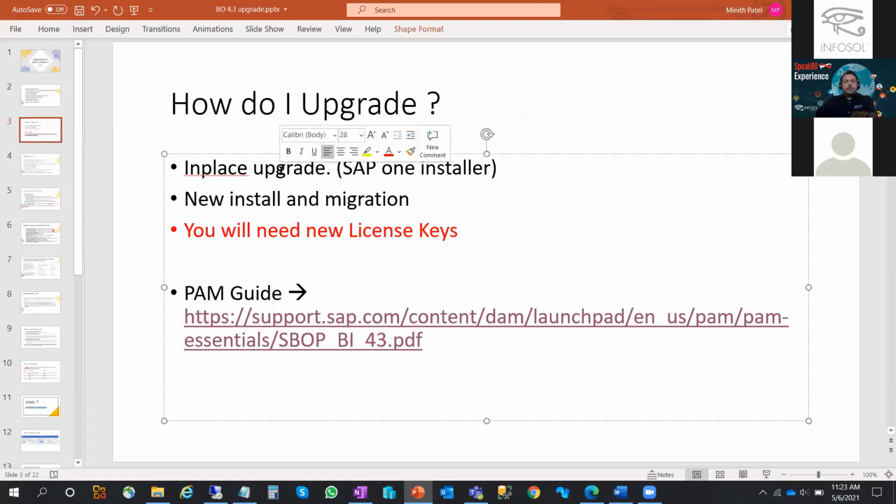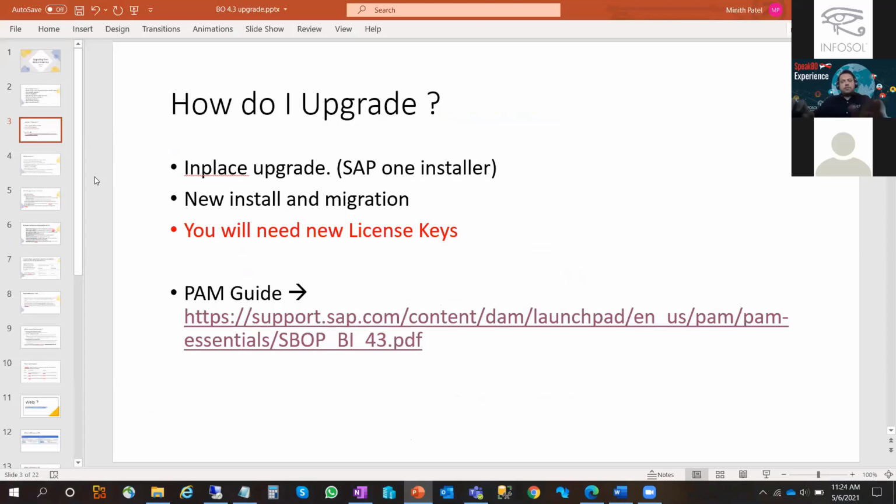For doing an in-place upgrade, SAP now provides these new one installers. Basically, they take you to the latest and greatest version, which means you don't have to do a base install of 4.3 and then apply a specific service pack or patch. It takes you right